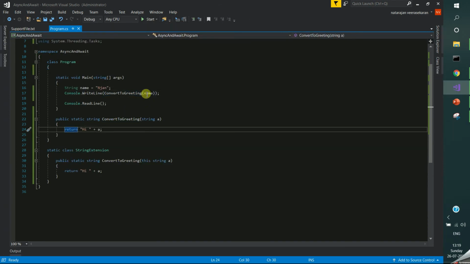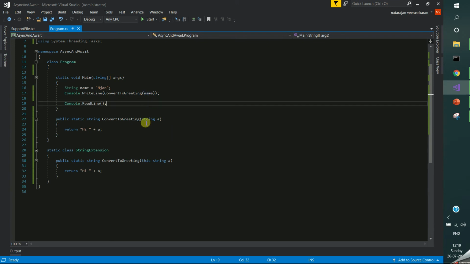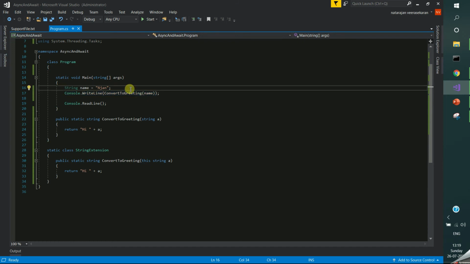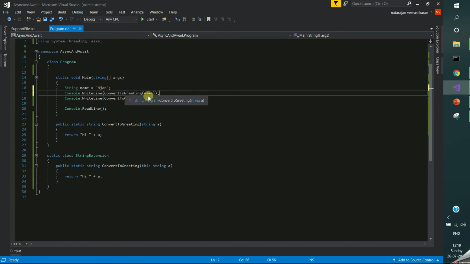Let me show you. Hi engine. What is the difference? It is a normal function, but here we are passing the string as a parameter. Let me show you the difference between this and the extension method next.